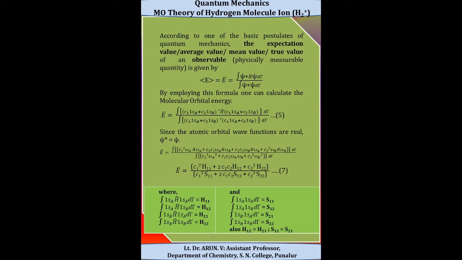Since the atomic orbital wave functions are real, psi star is equal to psi. Therefore, substituting the values, we can find that E is equal to C1 square H11 plus 2 C1 C2 H12 plus C2 square H22 divided by C1 square S11 plus 2 C1 C2 S12 plus C2 square S22, where integral of 1sA h cap 1sA dt is equal to H11, integral of 1sA h cap 1sB dt is equal to H12, integral of 1sA h cap 1sA